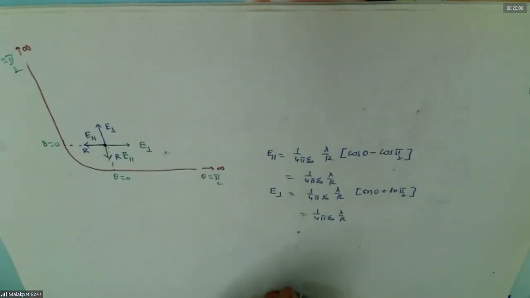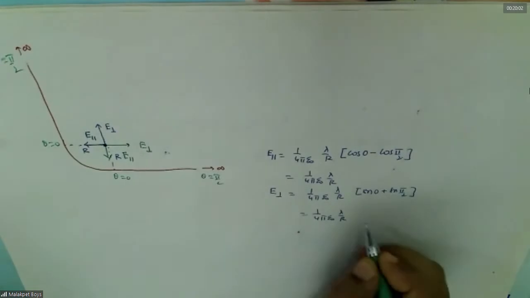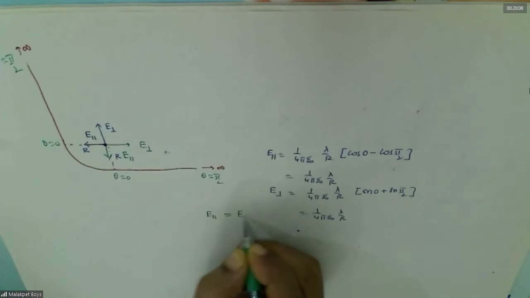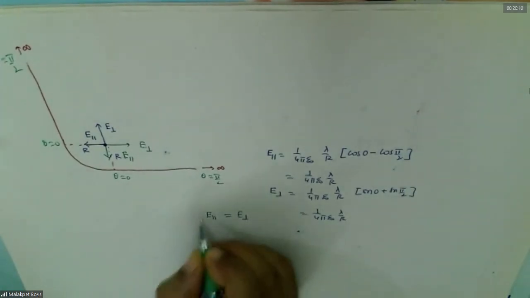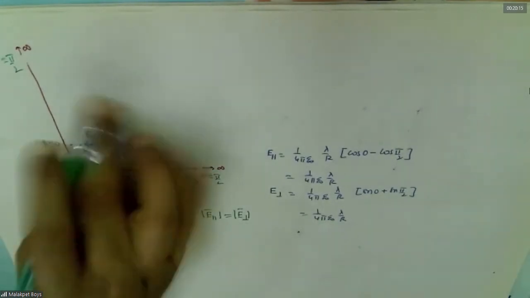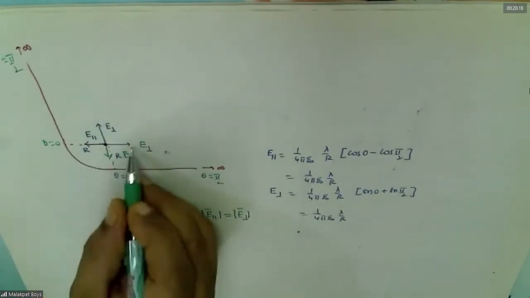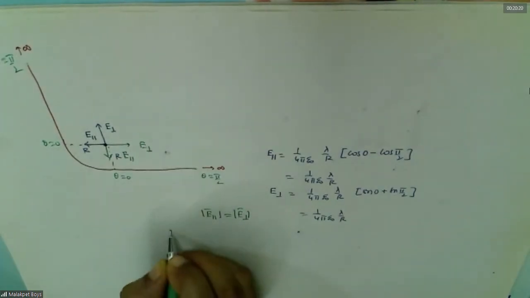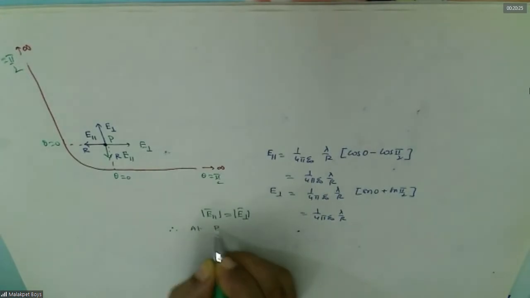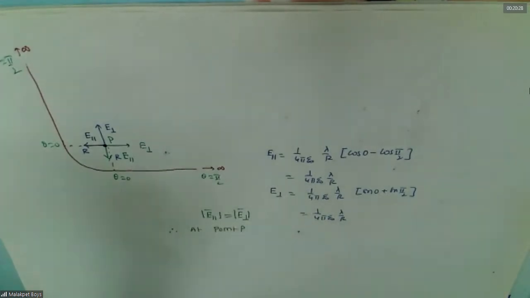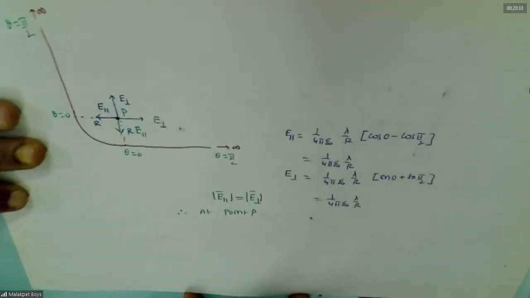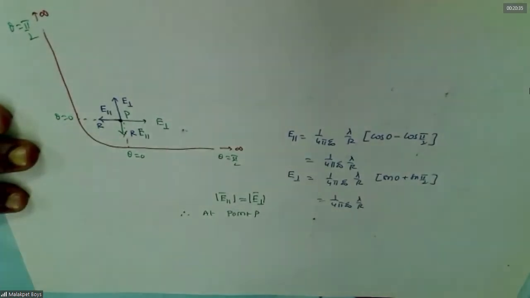Agreed, sir. Now you can see these two values are same, no? Upon calculations, what are you getting? Do you agree with this? That means due to these two wires, the net field will be 0, no? These two will get cancelled. At point P, what will happen? Net field will be cancelled due to the wires. Zero. Yes, sir.